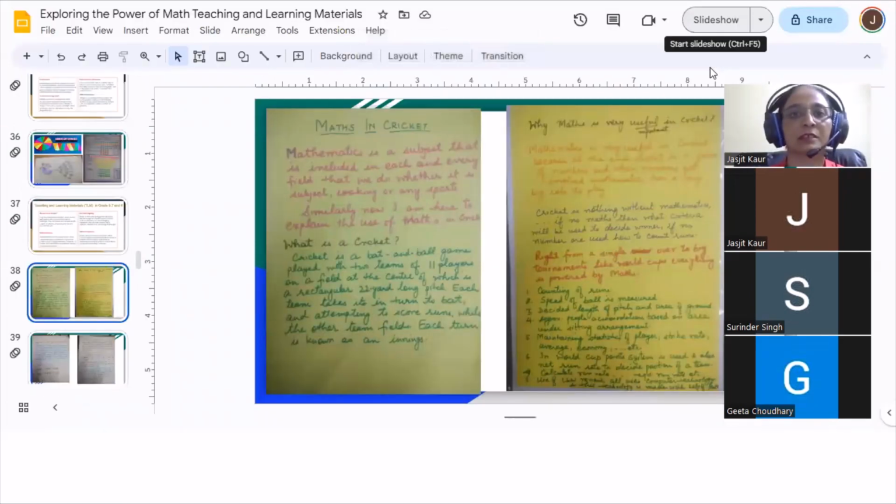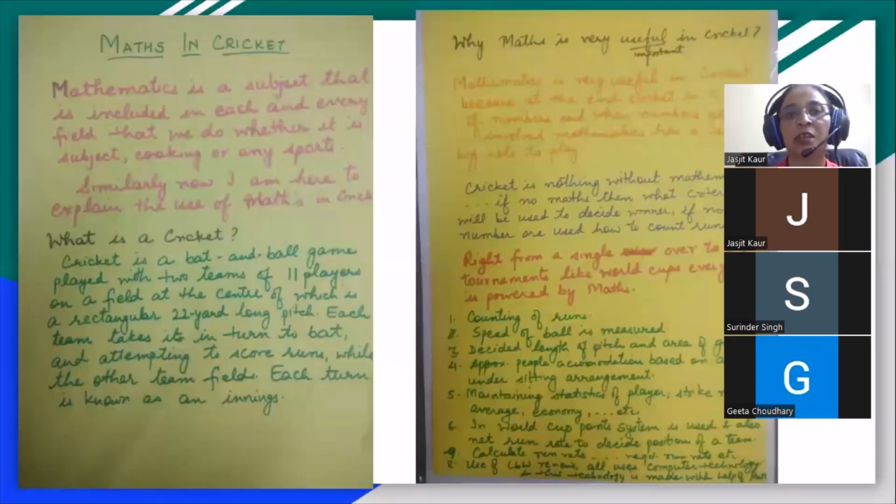So we were discussing math in the playground. Let it load. What we can show them is what a cricket is. We all know that cricket is a game of bat and ball. But with this, we can ask them how many teams are there? How many teams play at one time? How many players are there?